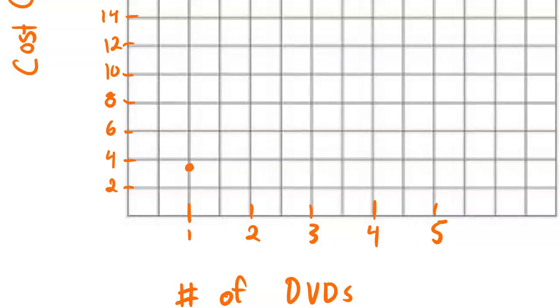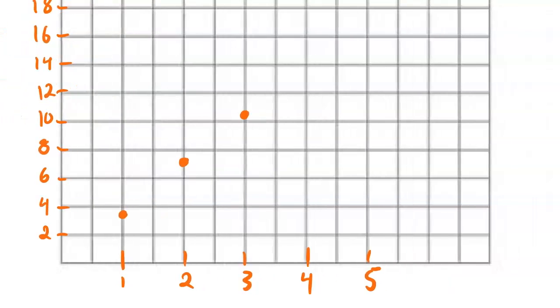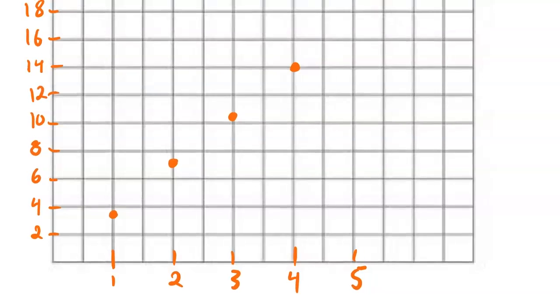Our second DVD is going to bring us up to $7. So at DVD 2, we move up, and 7 is going to be found right in the middle. For 3, we're at a cost of $10.50, which will bring us here. That's a quarter way up in between 10 and 12. Then we have 4 DVDs, which brings us to $14. And 5 DVDs will bring us up to